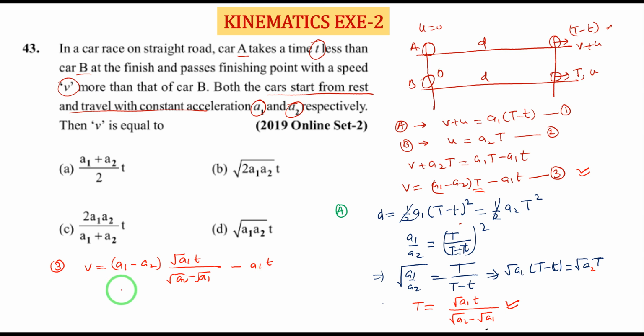Now what we have to see over here is, you will see this expression a1 as root under a1 square, and a2 as root under a2 square. Now you can break it as a square minus b square. After that, what we will get is root a1 plus root a2 into t minus